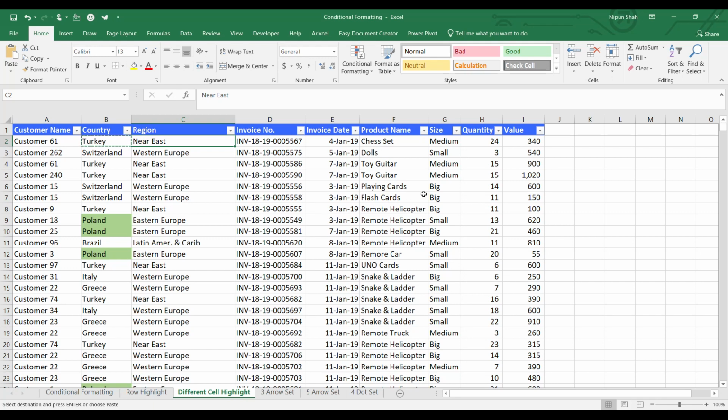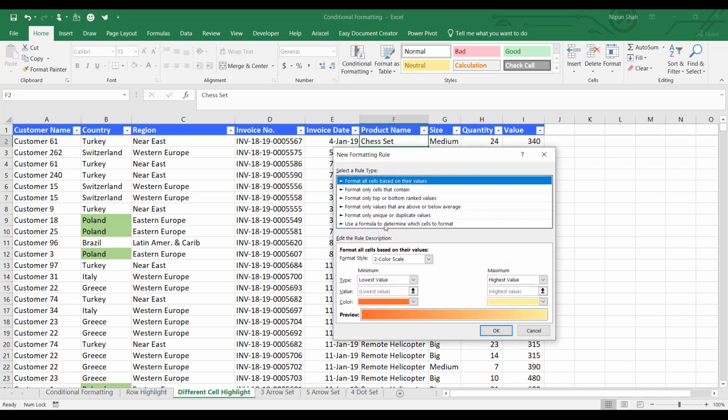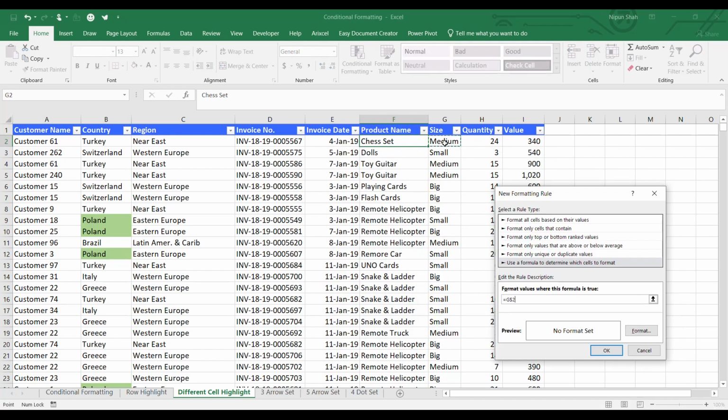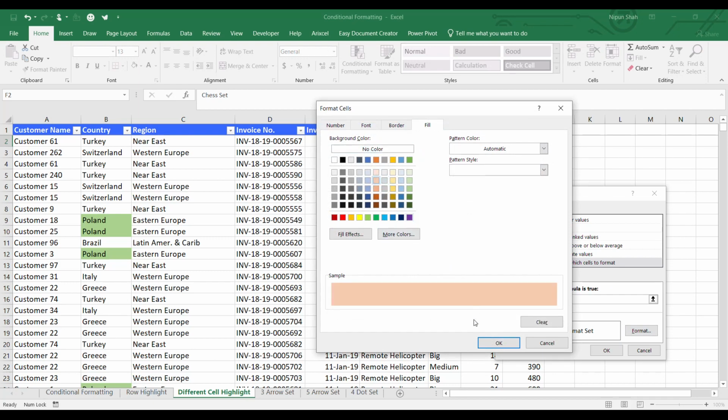For example, I want to highlight the product name where the size is big. So what I can do is go to conditional formatting, new rule, go to formula, equal to this, unfreeze, equals, quotes, big, then set format, fill color, light orange.